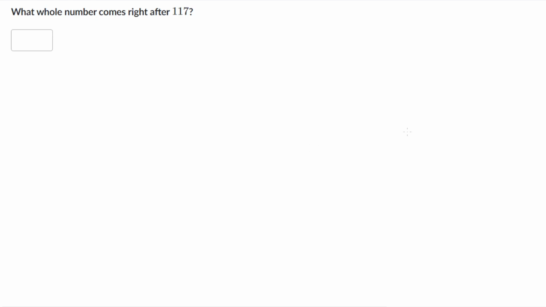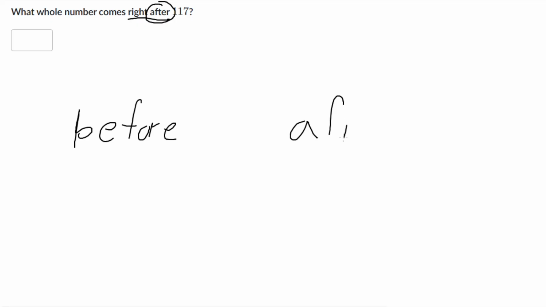Today we're going to work on what whole number comes right after 117. But to be specific, what we're really working on is trying to figure out "after," right? So the word after, what does that mean? When you think of the word before and you think about the word after, which is the opposite,